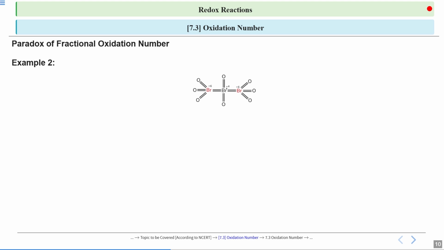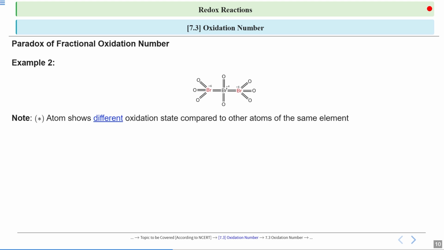So the element which is marked with a star, that means asterisk, shows a different oxidation state as compared to the other atoms of the same element. So now again, what will we do? We will again calculate the average oxidation number of bromine here. What is the formula? The formula is